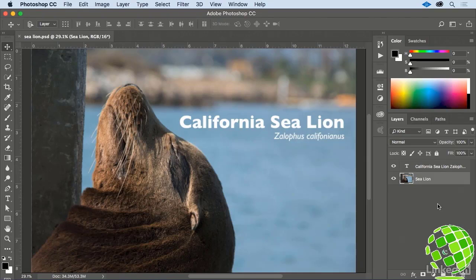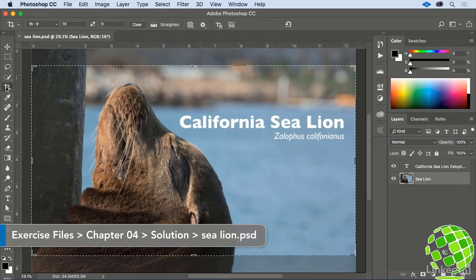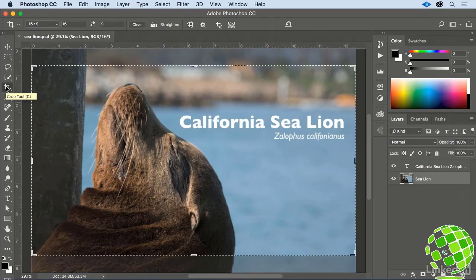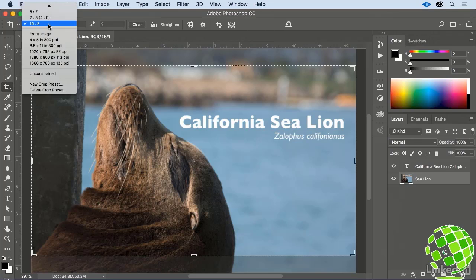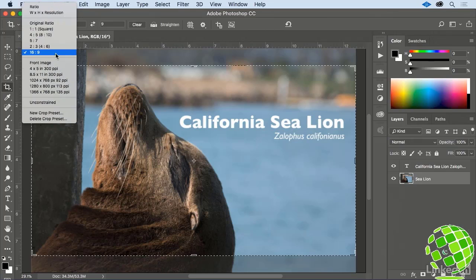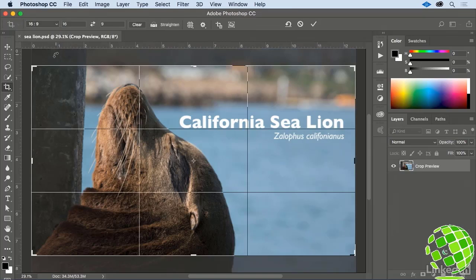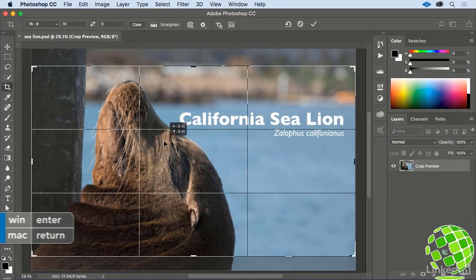For this challenge, the first thing I did was to crop the image using the crop tool. Now, since the image is going into a PowerPoint presentation, we know it should be cropped to a 16:9 aspect ratio, so I selected the first drop-down menu in my options bar and made sure that the crop ratio was set to 16:9. Then I adjusted the image until I found a pleasing layout and pressed Enter or Return to